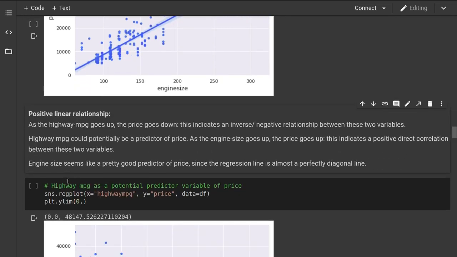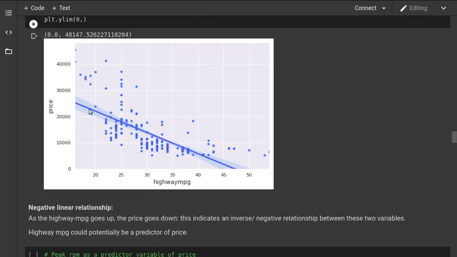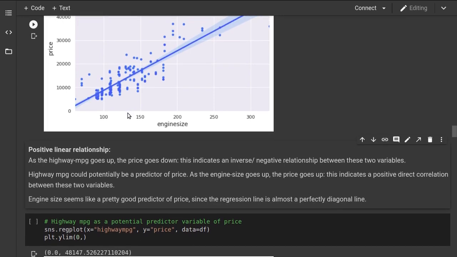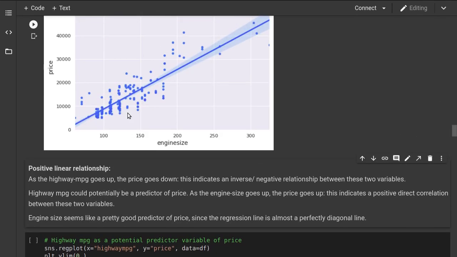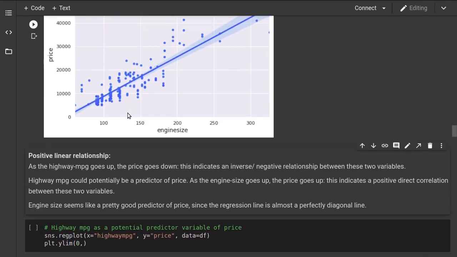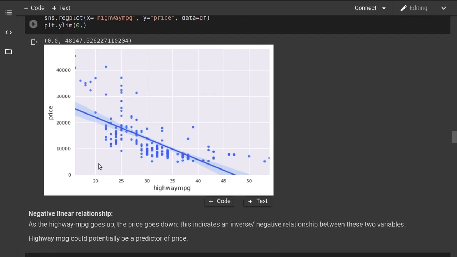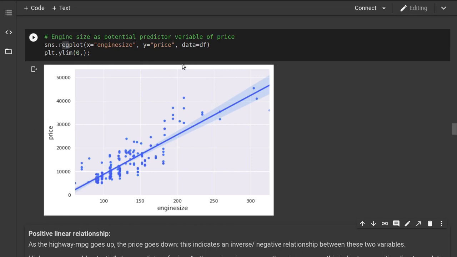Okay, if we talk about the highway mpg column, see the direction of the regression line is reverse. So this is a positive linear relationship between engine size and price.